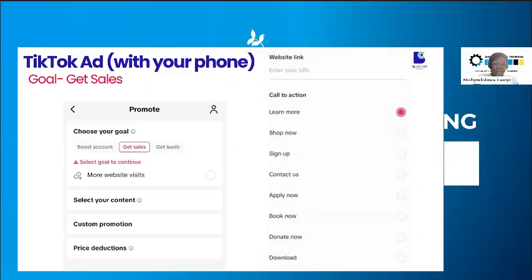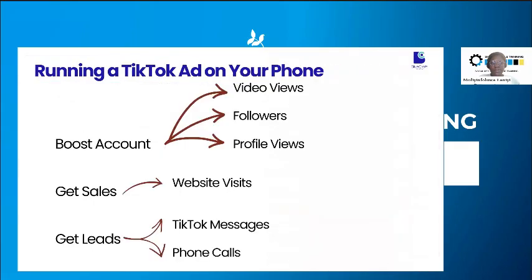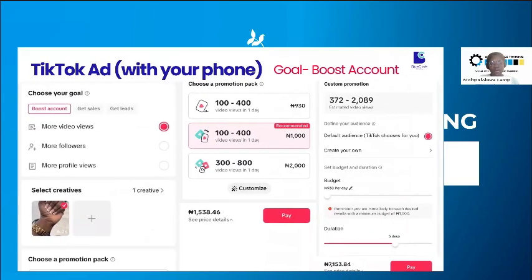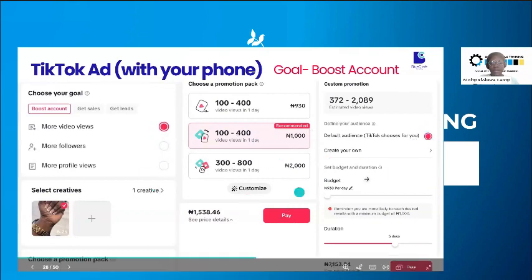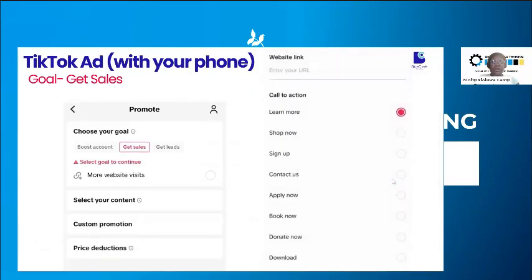So the next goal is getting your sales. Remember we said boost accounts, get sales, and get leads. So we've looked into boosting your account. You can either want more video views, more followers, or more profile views, and you follow the same pattern depending on your goals. And for getting sales,